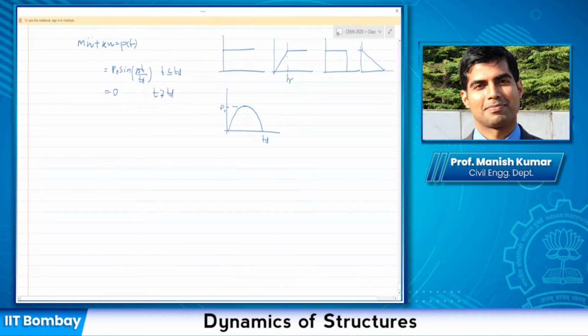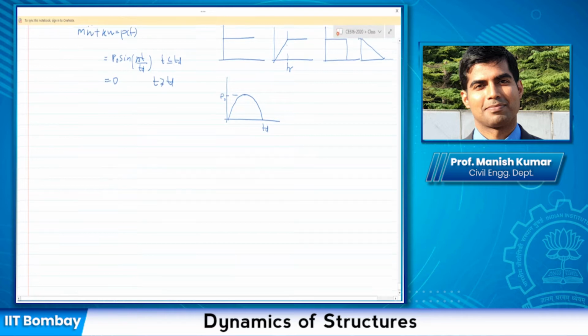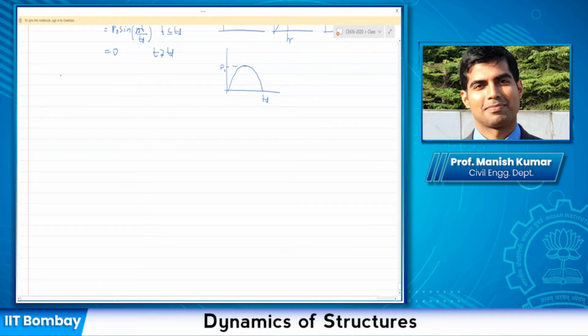Again, you can follow the same procedure to find the response, considering the forced vibration phase and then the free vibration phase, and then you can get the overall peak response. I'm not going to get into that. You can refer to any standard textbook and you can have those graphs. What is important for all these types of pulses is to finally find this value here, let us say RD, which is the peak dynamic by peak static displacement. So this is what is important.